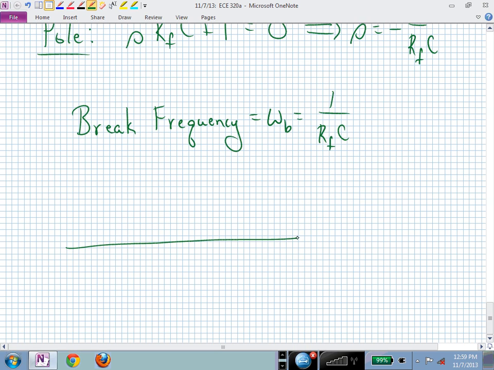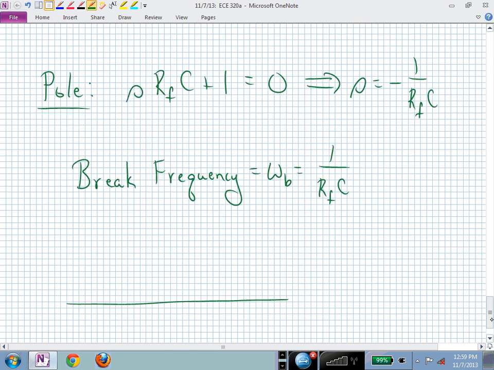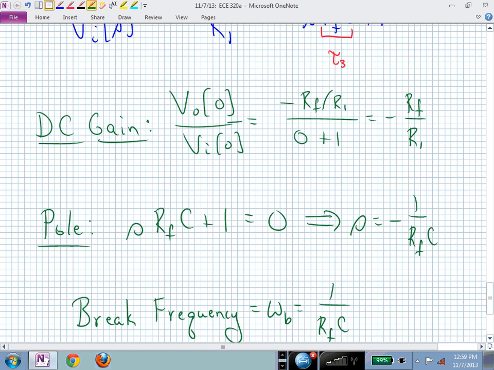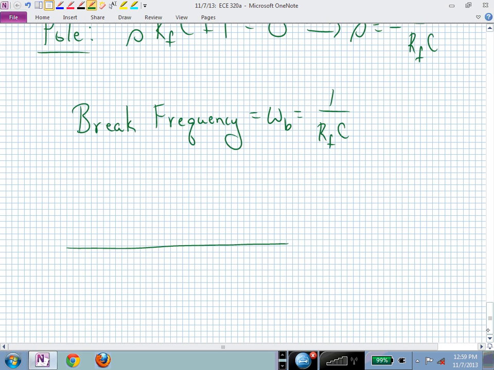At low frequencies, at DC in particular, we found the magnitude to be what? Minus R sub F over R sub 1. So if we wanted that magnitude in dB, we would take 20 times the log of the magnitude of R sub F over R sub 1, and that's what this value would be. So if R sub f was 10 times the size of R sub 1, we have the log base 10 of 10,